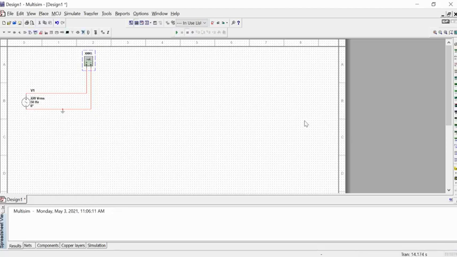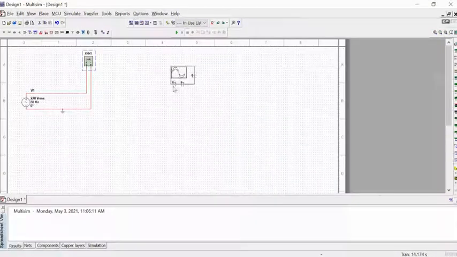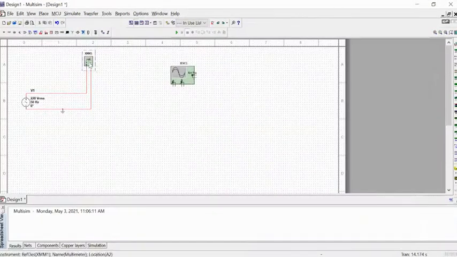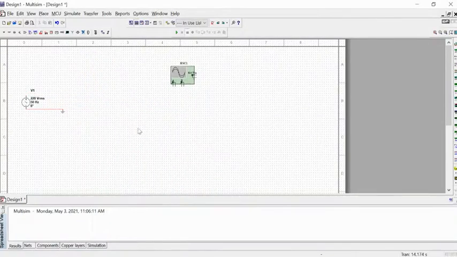We basically use an oscilloscope to check any kind of waveform. So here you can see from this detector section, here is the oscilloscope. So I'm just pressing it and bringing it here. Now remove this one, just select it and right click on it, and then you can delete it from here and it will be removed. Now I want to check this waveform, so I will connect one of its channels to this AC power source like this, and then ground it as well.